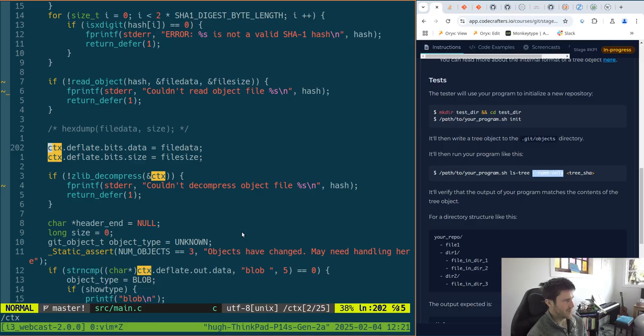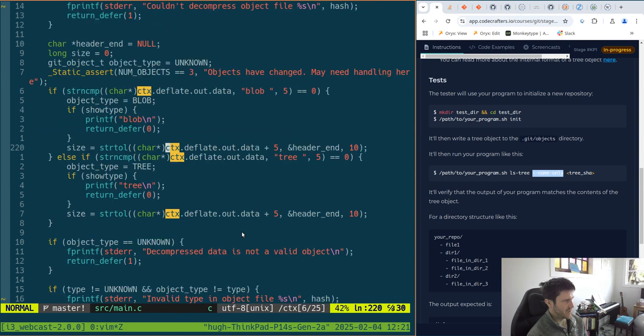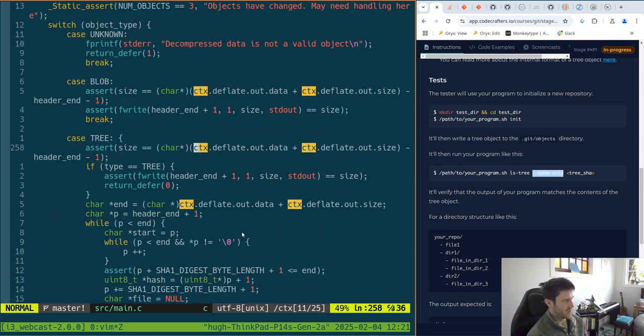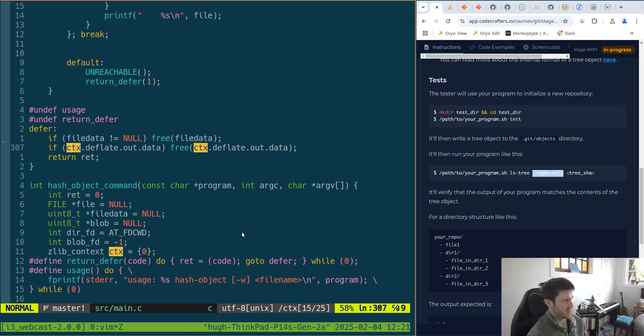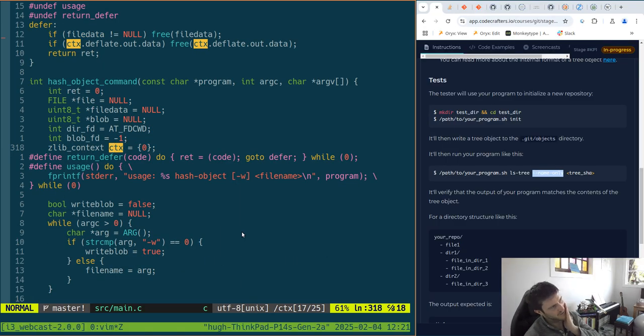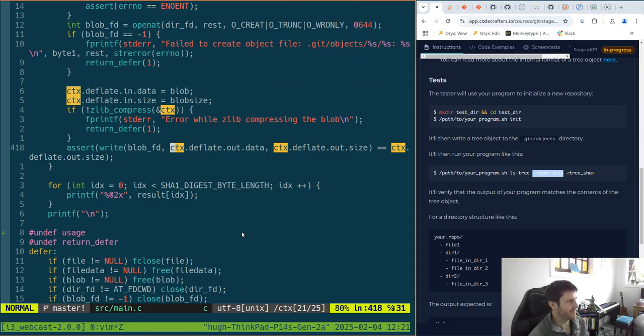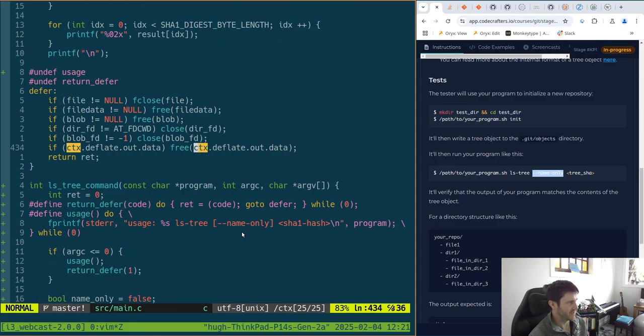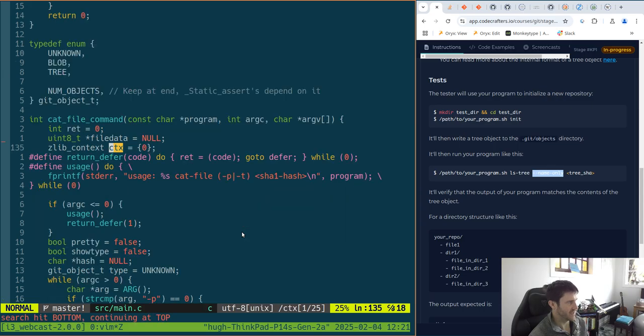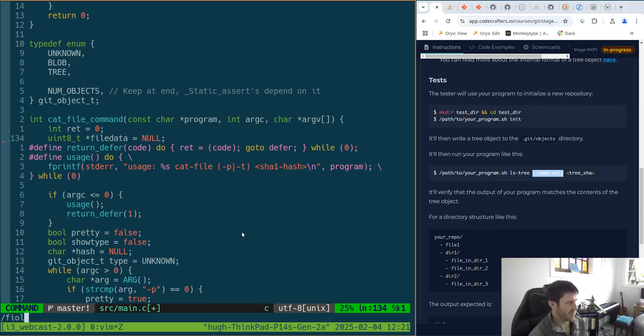Potentially I only really care about it up to there. Yeah, I would just want it to read the object file. So I think I want to kind of get rid of that, and then